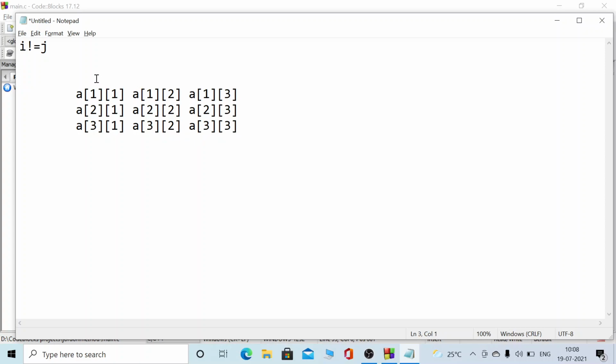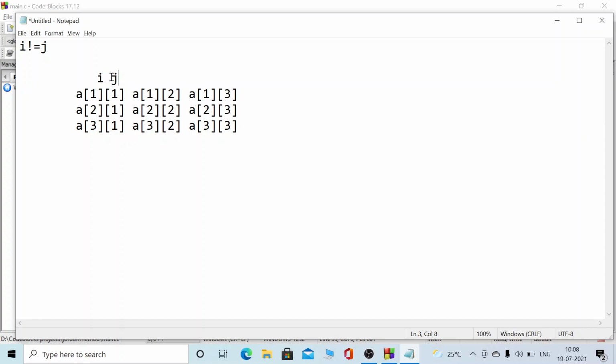This is the i value and this is the j value. So what is the condition? If i is not equal to j, that is, if 1 is not equal to 1.